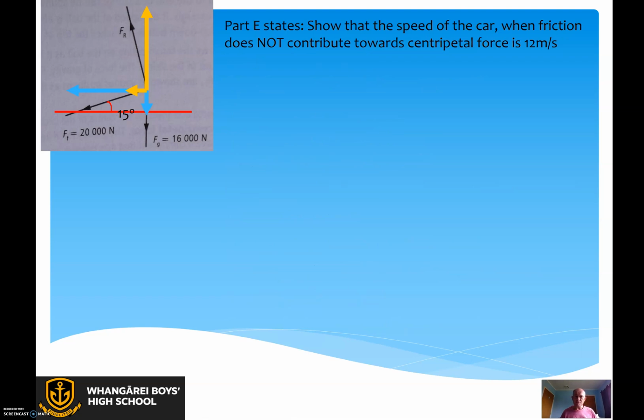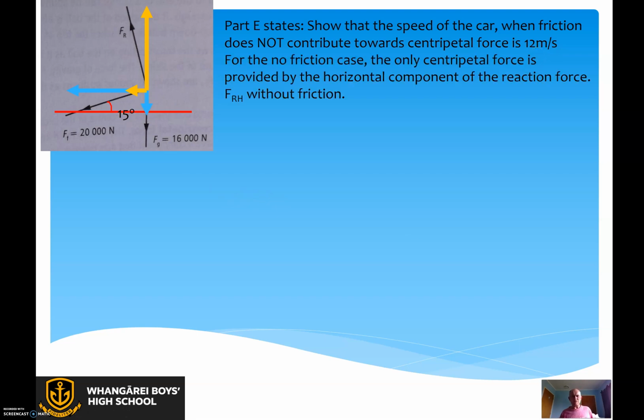Part E says, show the speed of the car when the friction does not contribute towards centripetal force. In other words, imagine driving around the corner on ice is only 12 meters per second. Well, the centripetal force is provided only by the horizontal component of the reaction force, the FRH, but without friction. Now, there's a difference here. This is less than what we calculated above, because